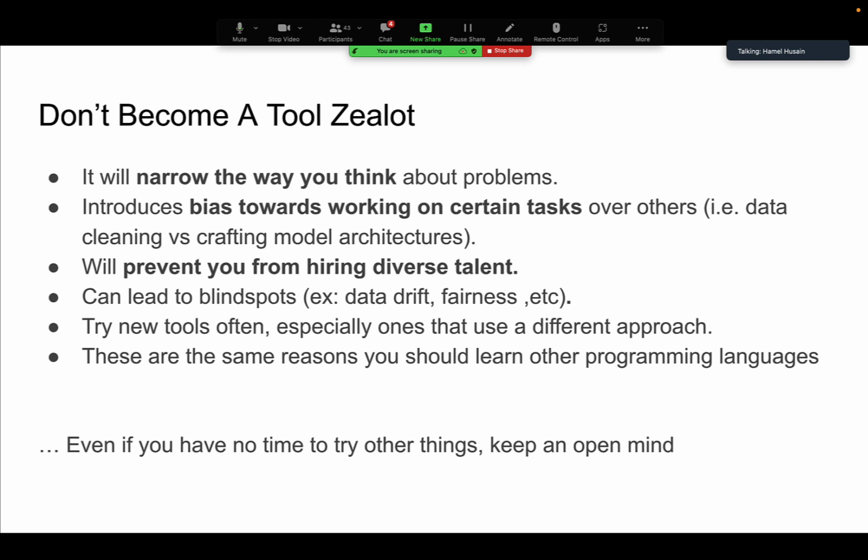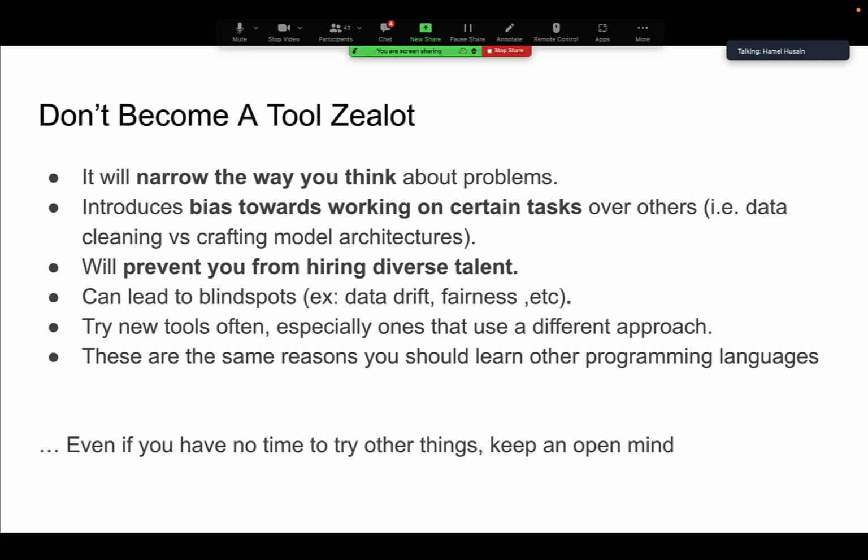But if you take away one thing from this talk, it's this slide. One thing I want to emphasize is don't become a tool zealot. It's really easy to become a tool zealot. As you form data science teams, as you go into the workforce and start working at all these companies, you're going to have to make decisions about what tools to use. And one thing to always keep in mind is that the tools you choose, especially ones that are more monolithic and don't operate well with other tools,